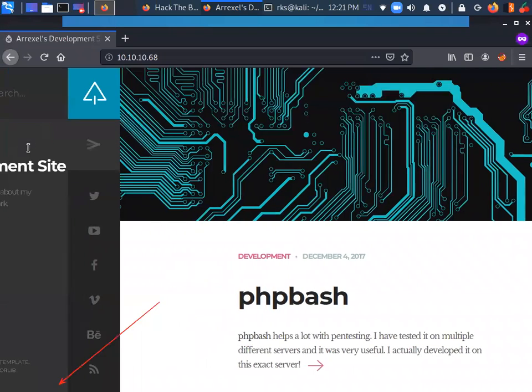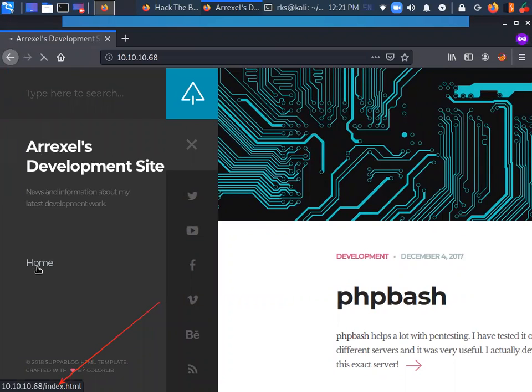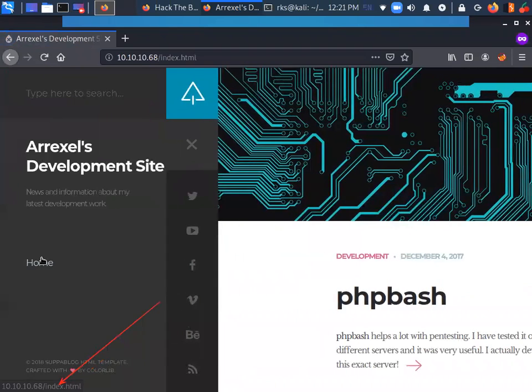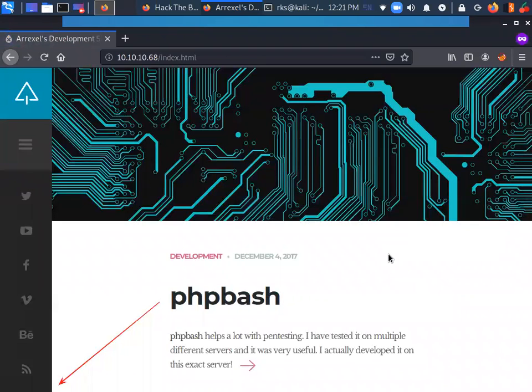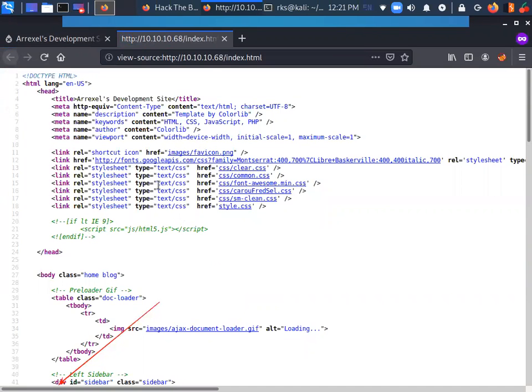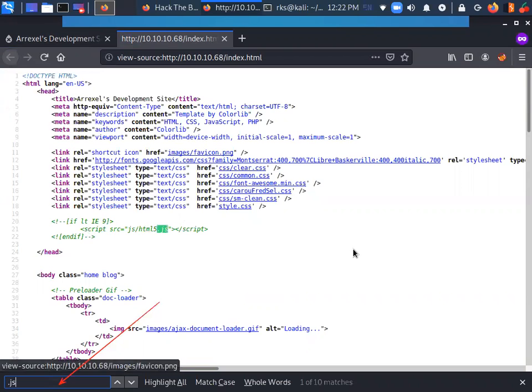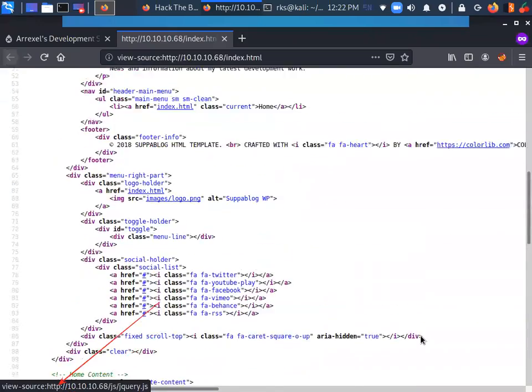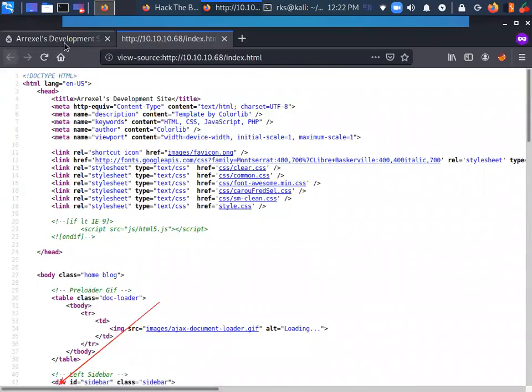Nothing else here. Let's search for JavaScripts, whatever JavaScripts we have. These are certain standard ones. Nothing suspicious here.